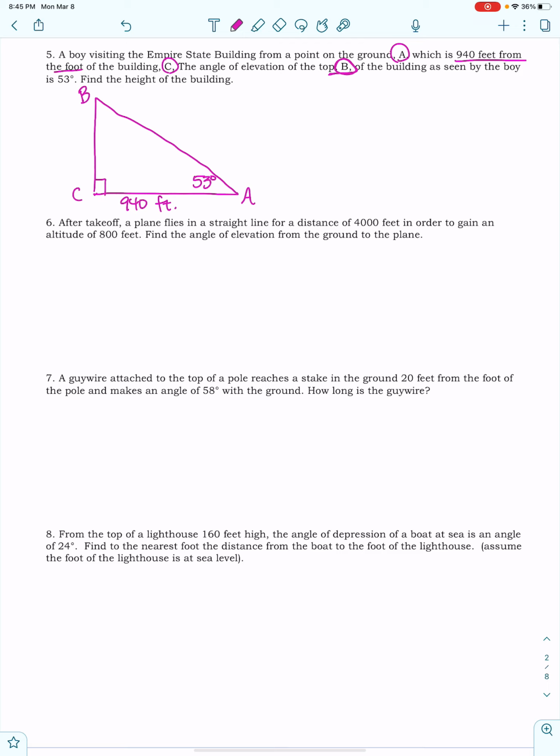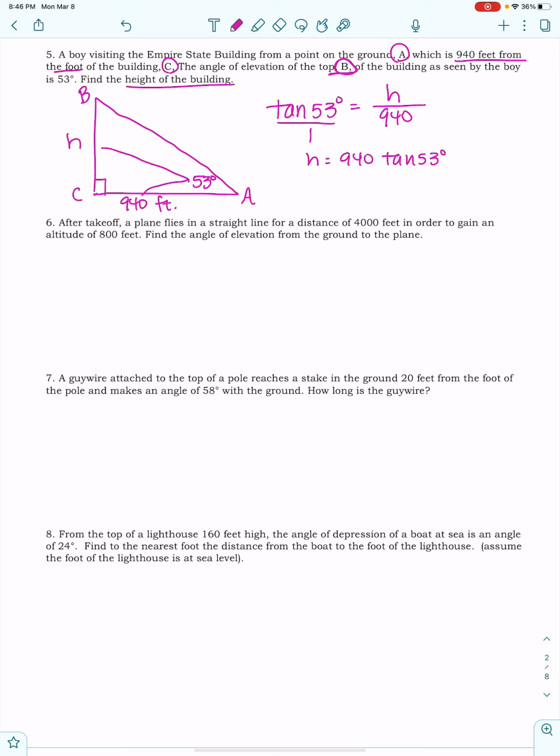And this, of course, is going to be our right angle. So we are finding the height of the building. So I'm going to label that right there, the height of the building. So obviously, since that's across from 53 and this one's adjacent to 53, we are going to use tangent. So the tangent of 53 degrees equals opposite over adjacent. So we have got a setup right there for our problem. Think of this as over 1. I'm going to cross multiply,